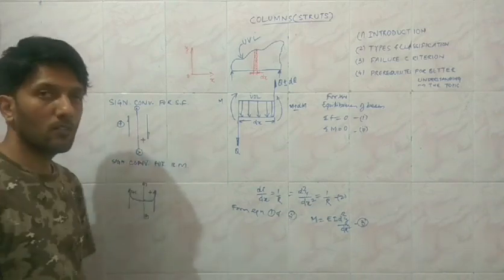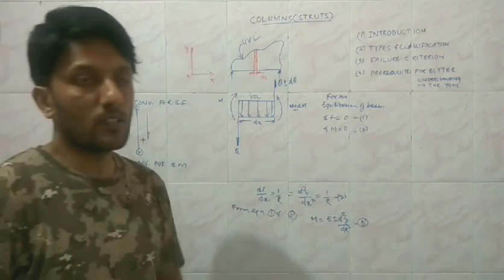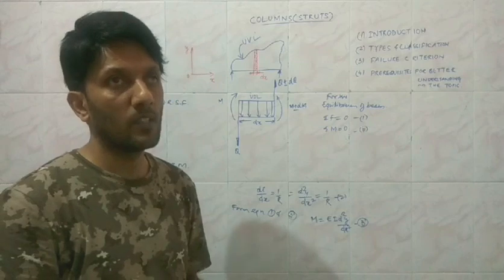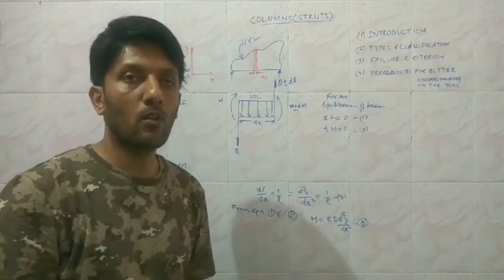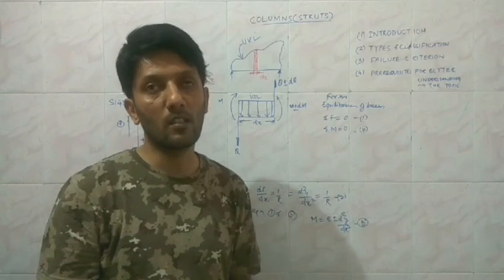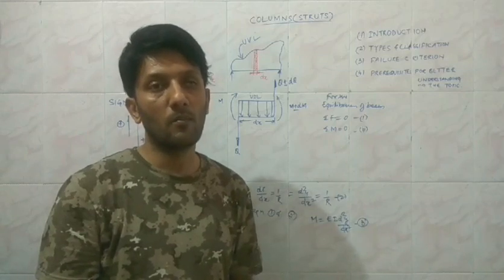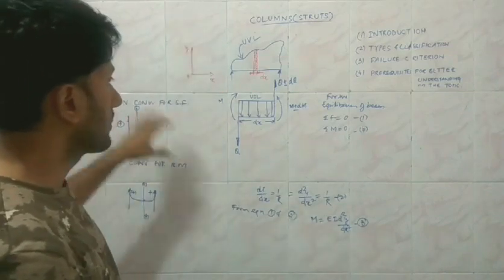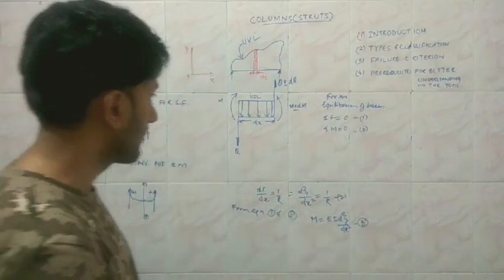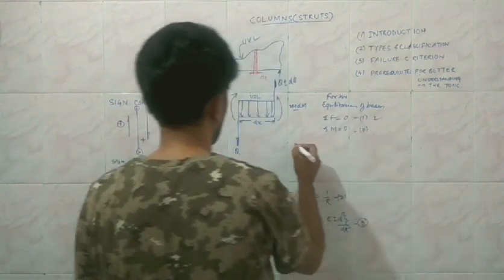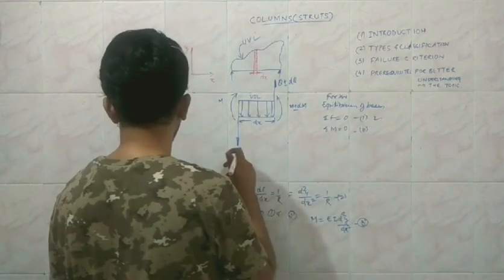These are the sign conventions which are algebraically consistent. That is, the positive value of the slope is always consistent with the mathematically positive sign. So these are the sign conventions we are going to consider, and considering them, we take equation 1 first, that is, the algebraic sum of the forces must be equal to 0.